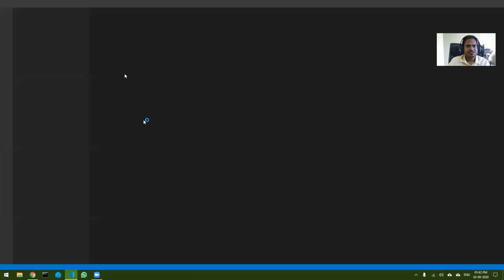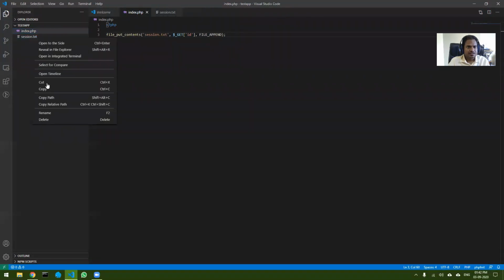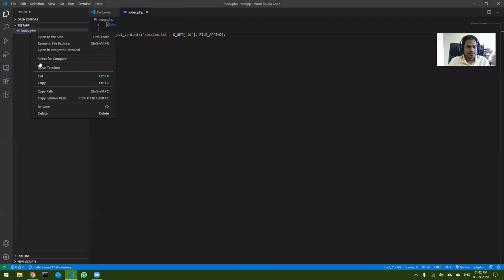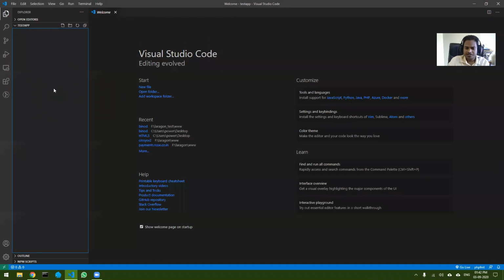Okay, so let's take a folder and delete everything. So this is a fresh folder, right? And we have already seen how to set up the environment for our development. If you do not have a PC, then you can use CodePen.